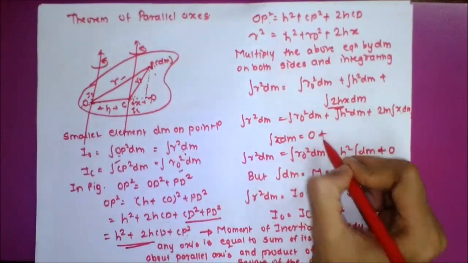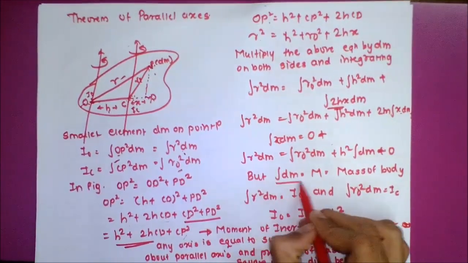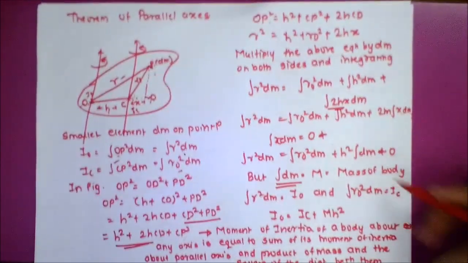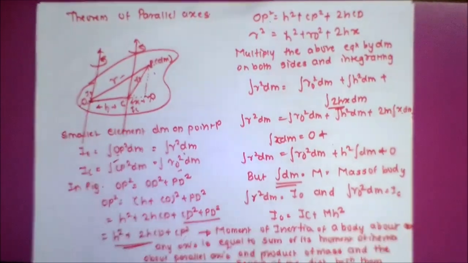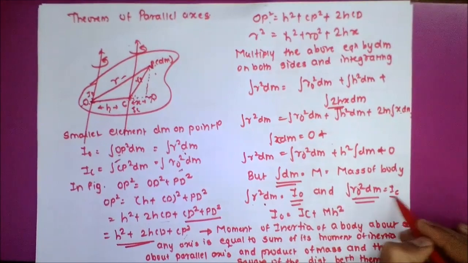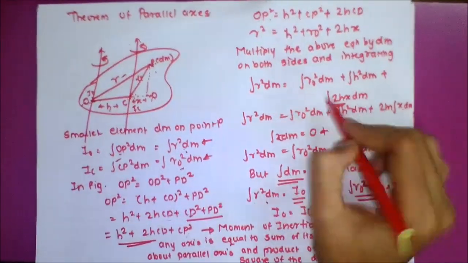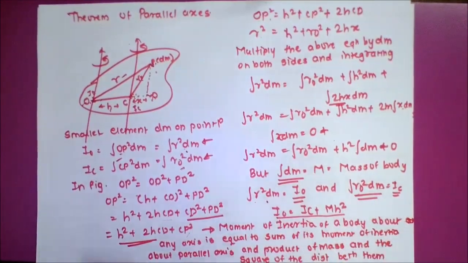So the integration of x dm is equal to 0. Again, we get the integration of dm is equal to M, the mass of the body. So again, r square dm is equal to I naught, and r naught square dm is equal to IC, as we have found out here. So we substitute those values in the equation, and then we get the relation